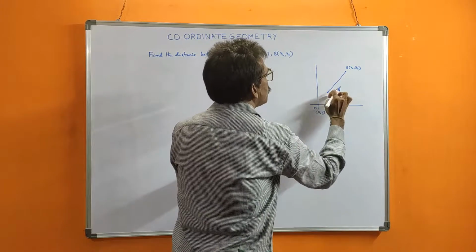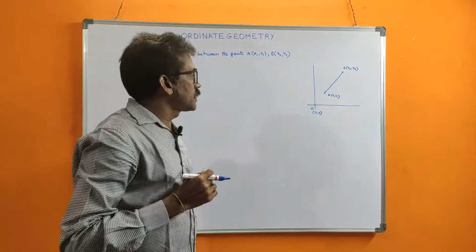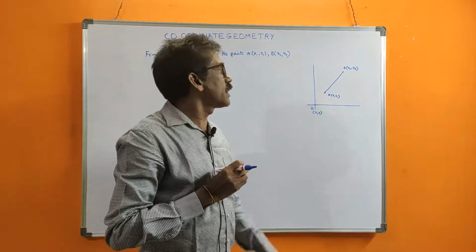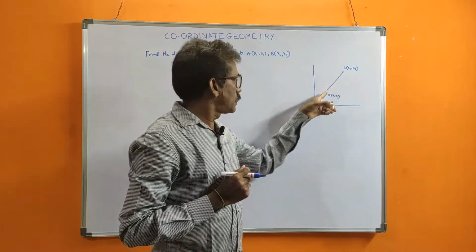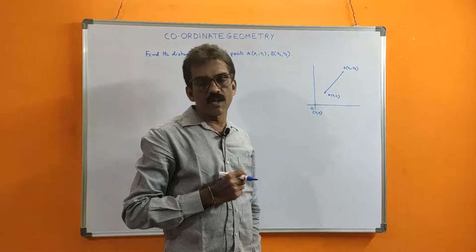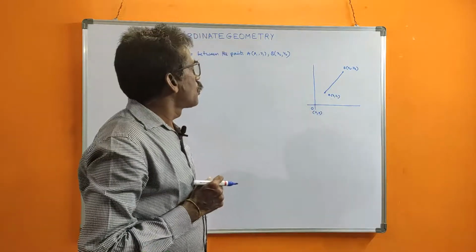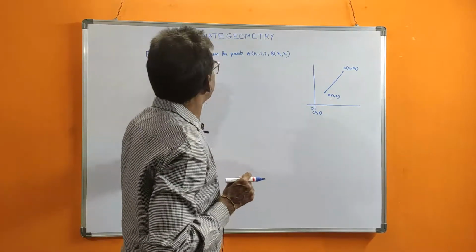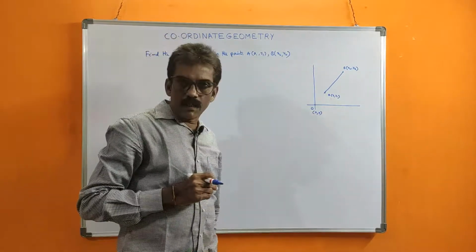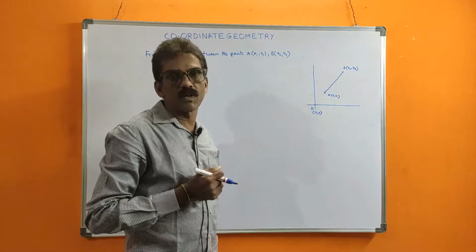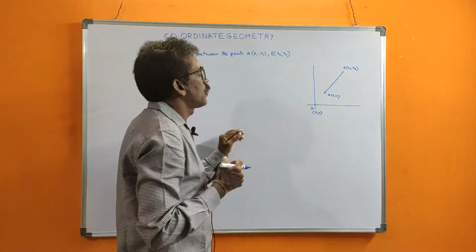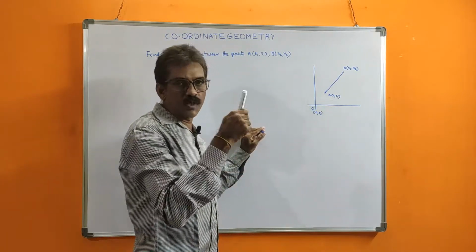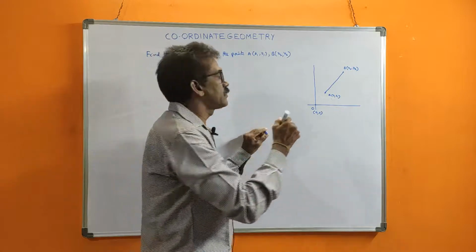So the distance between A to B. The straight line joining those 2 points is nothing but the distance between these 2 points, or otherwise the length of AB. Now for this we should derive a formula. Because these are variables, this distance is used as a formula later. Now to find the distances, from those points you draw horizontal lines and vertical lines.